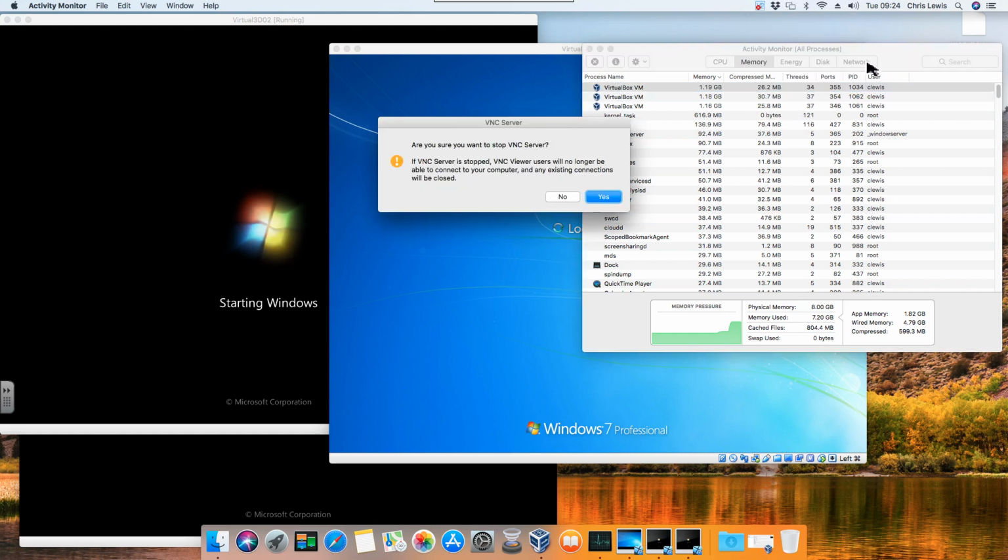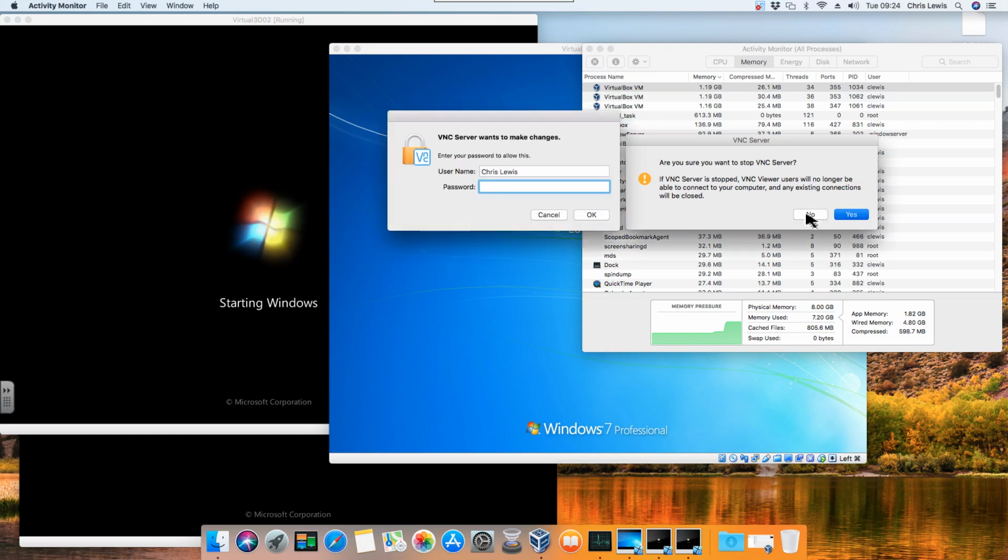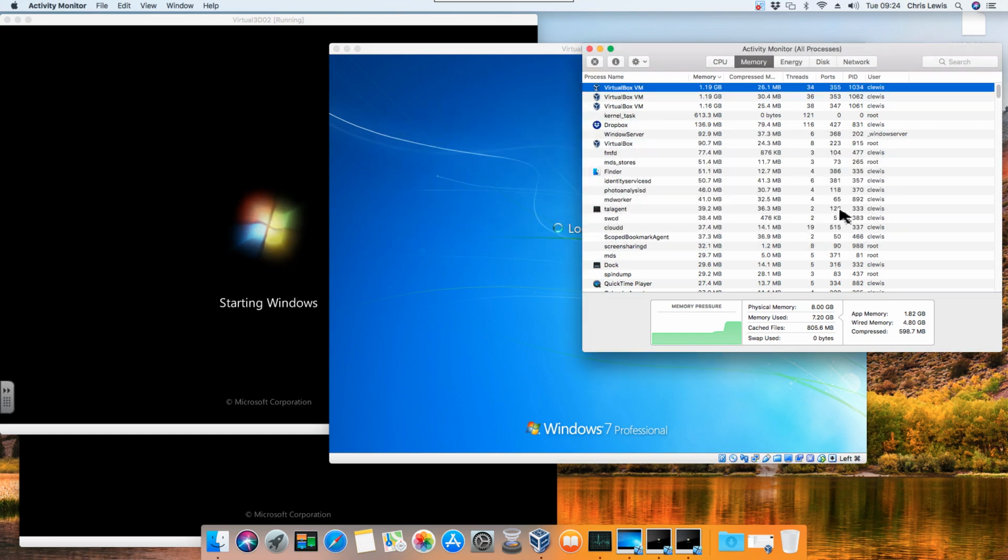And if I wanted to, I could. Hold on. No. Cancel, come on, no. You can see that the computer itself is actually starting to slow down because of having